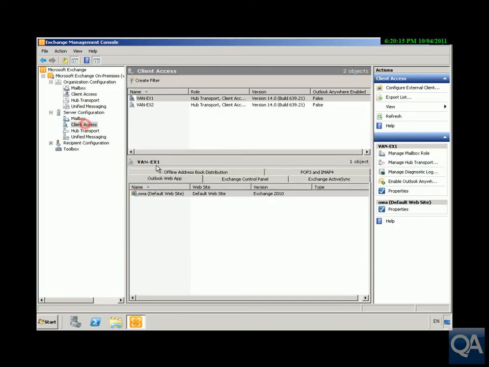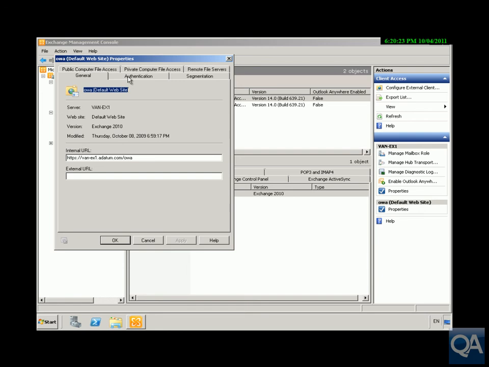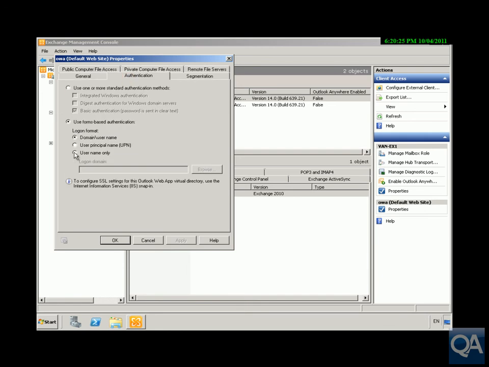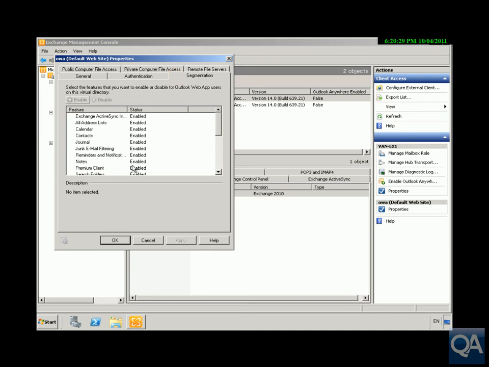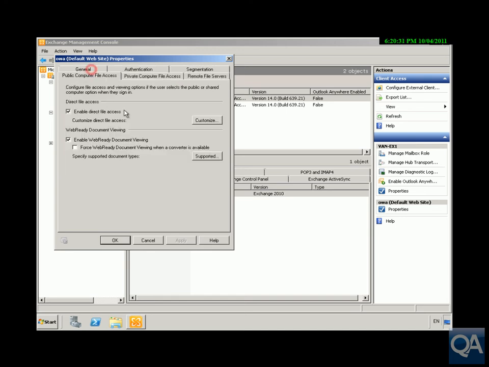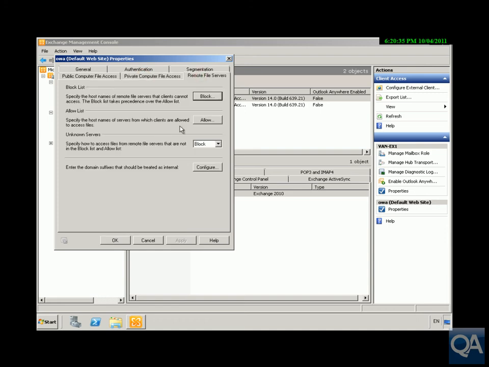Into server configuration under client access, we can see we've got two client access servers. Under here we've got the Outlook Web App. If we have a look at the properties in here, we've got things like authentication, so how we're going to allow our users to authenticate. Segmentation, so again, what we're going to allow: public computer, private computer, and remote file servers for, in this case, attachments